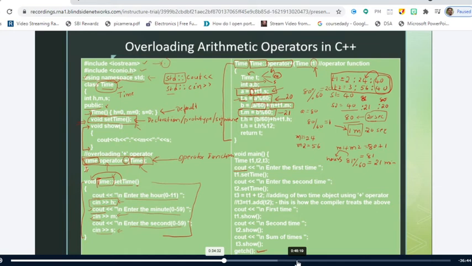So what he is doing, t dot hours is equal to h plus t1 dot h. That means this is h, the hours of t1, and this is t1 dot h, hours of the second object. So 2 plus 3 is 5, plus 1 hour left inside the minutes, 6. So this is what he has done.